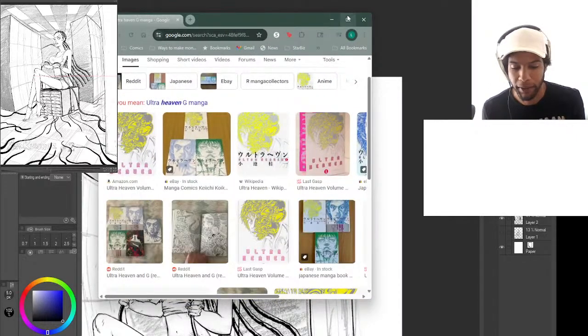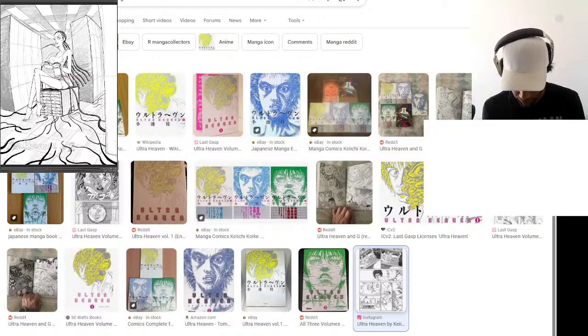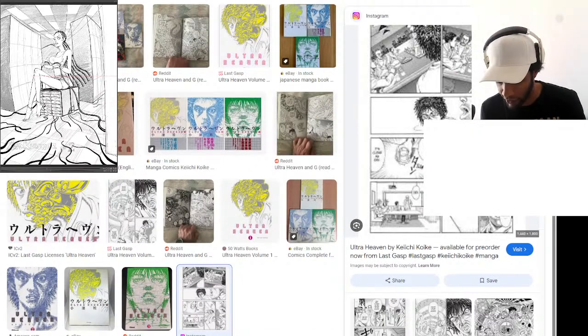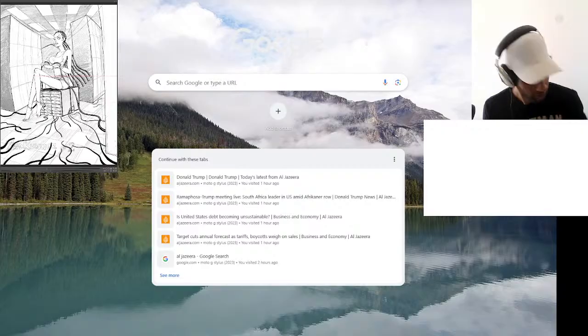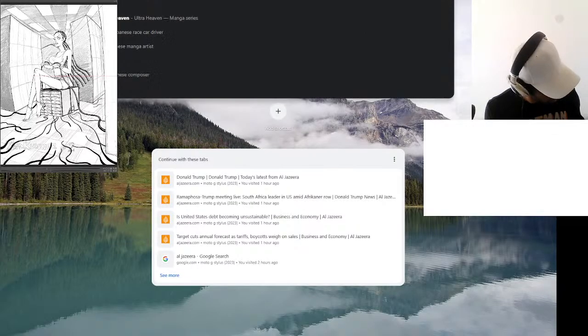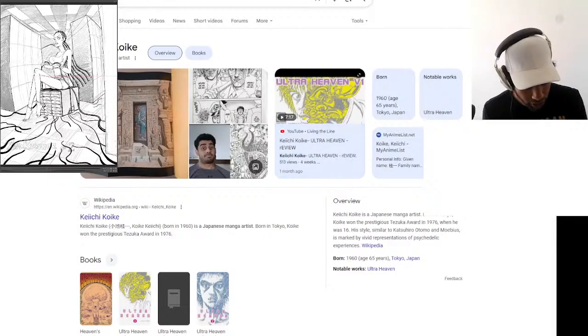It's a manga about drugs, basically. But the art is really surreal. I want to find out what else this artist did. He must have done a bunch of stuff.